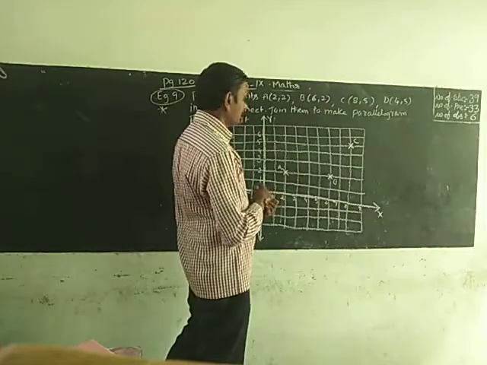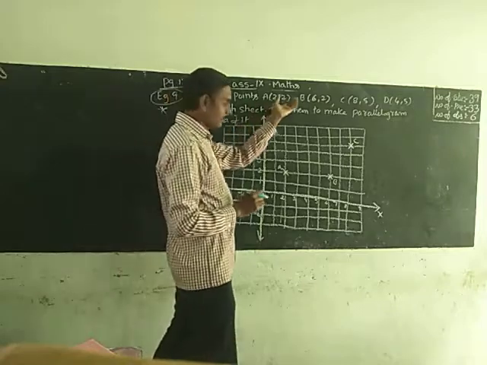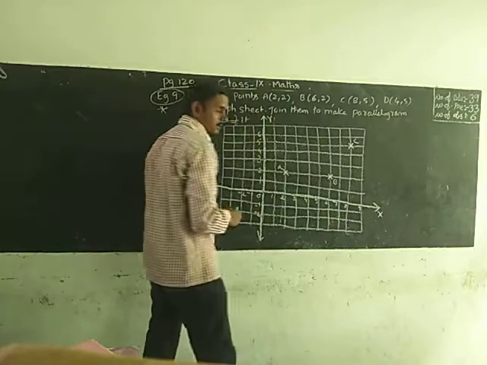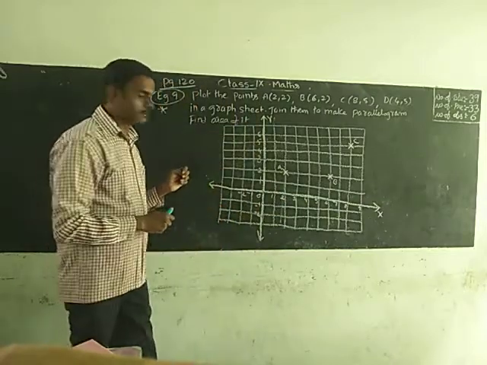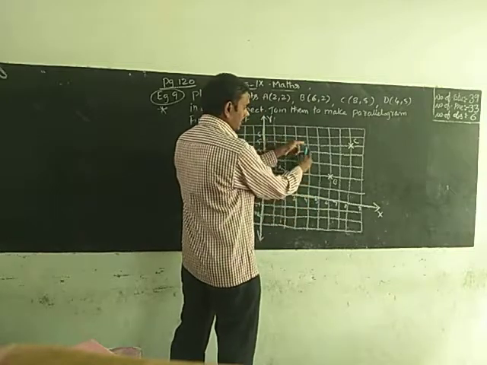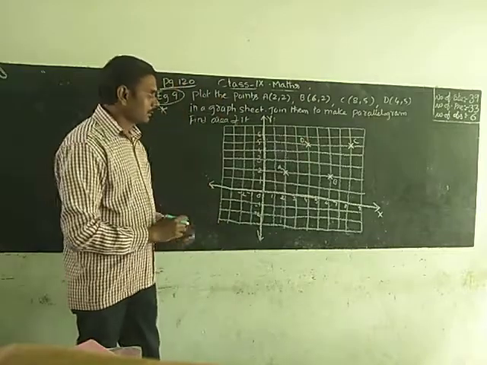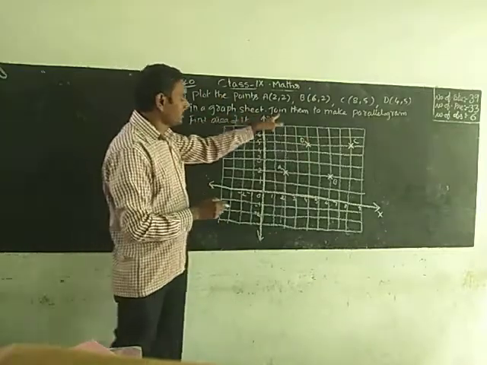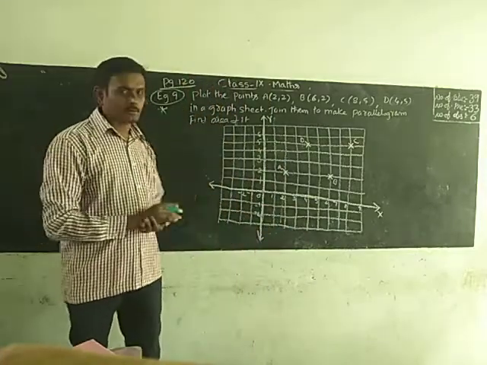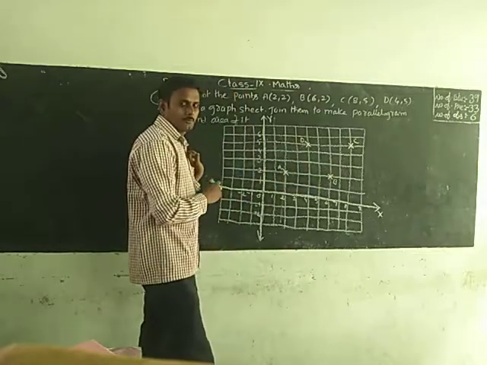Next, the D point. Actually, I want to write what is given here. Given, then only you have to answer this question. D (4, 5): on the x-axis 4 units, on the y-axis 5 units. Both meet here. This is D. Now join them to make a parallelogram. A parallelogram means it has 4 sides, so these 4 points have to be joined to frame the parallelogram.